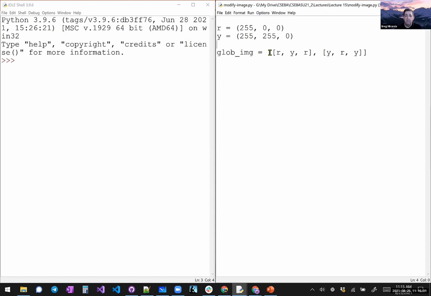And then we have a list of lists, right? That's what this is. This is a global image, which is 2 rows. In the first row, we have red, yellow, red. And in the second row, we have yellow, red, yellow. So we have 2 rows. And if we run this,